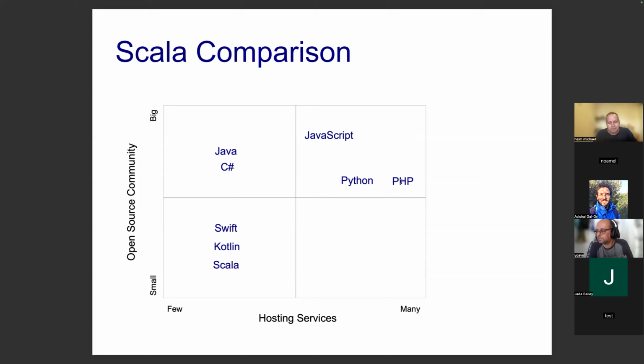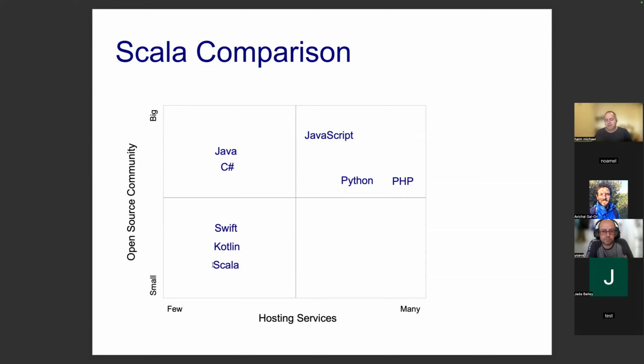Excellent, amazing, big community. Now, when it comes to Swift, Kotlin, and Scala, their community is smaller. Scala, out of the three, of course, has the smallest open source community support, but still, I don't think it's catastrophic. We have ChatGPT on the side. The support still exists, the community still exists, and so you can still find solutions. So it's not dramatic, the difference when it comes to open source community.